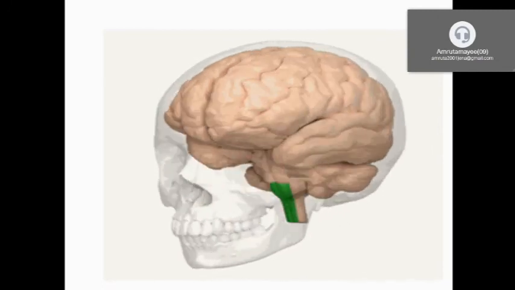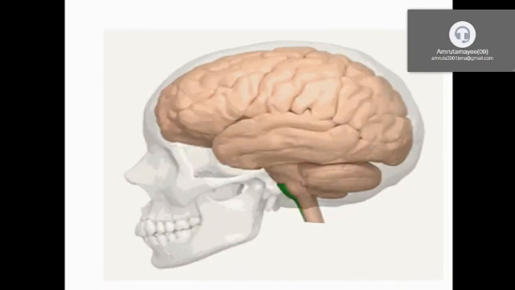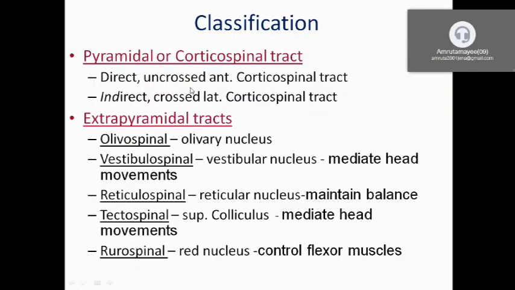We will discuss in detail the corticospinal tract, or pyramidal tract, first, as it is a prototype and a very important descending tract, and you will definitely get a long question. If it is from the descending tracts, you have to explain the corticospinal tract. So it is a very important tract for your university examination.